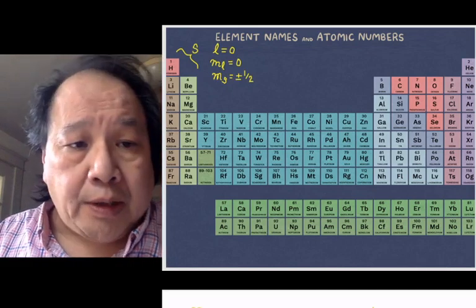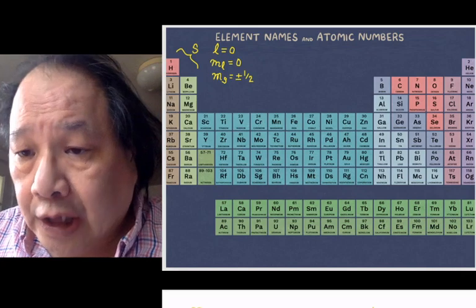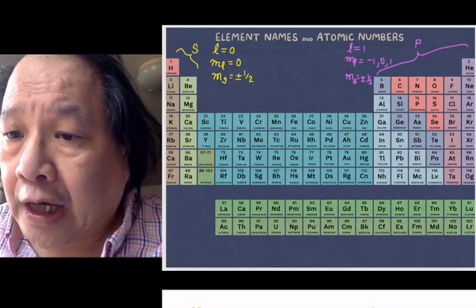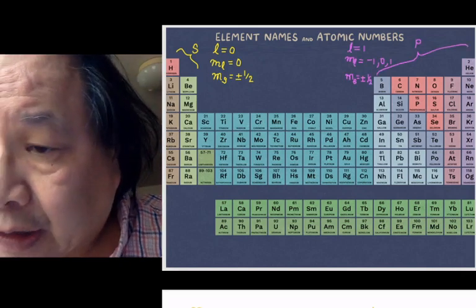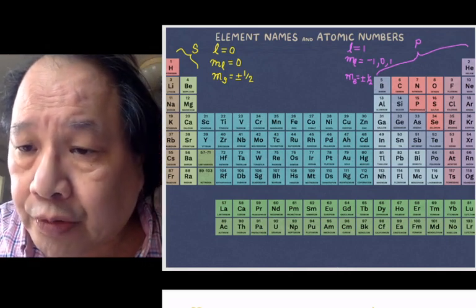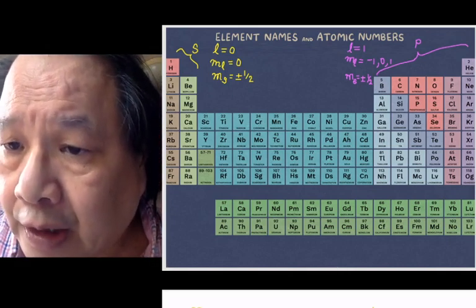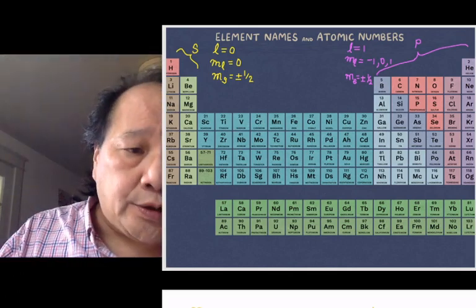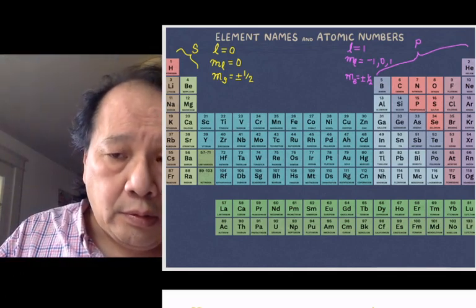Then P was how many possibilities? And the answer was 6. And if we look at the end of the periodic table, there are 6 columns that go together, starting with the boron column to the helium column, and they will be connected to P. So